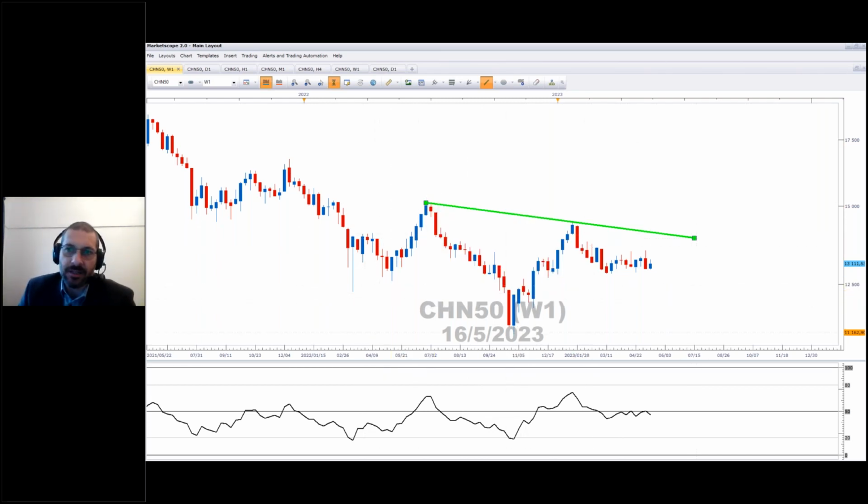Now, the reason that I'm bringing up the China 50 again is because we actually had disappointing data come out overnight. We saw really a slowdown in industrial production. It came in at 5.6%. It was forecast to be almost double that at 10.9%. So I think quite a disappointing number there. And then we saw retail sales year on year. It was a massive jump, 18.4%, but it was under the 22% that was forecast. So just some slowing there.